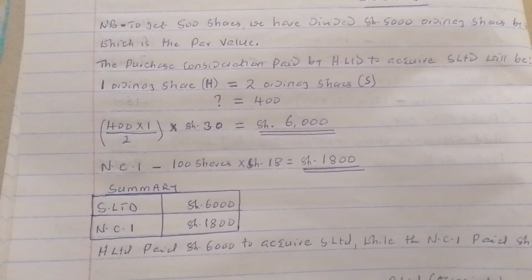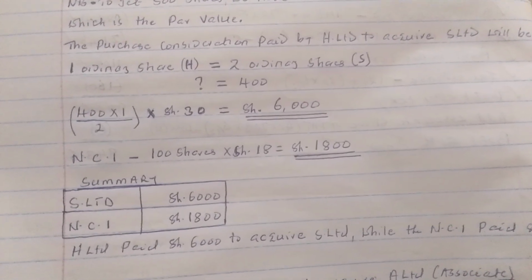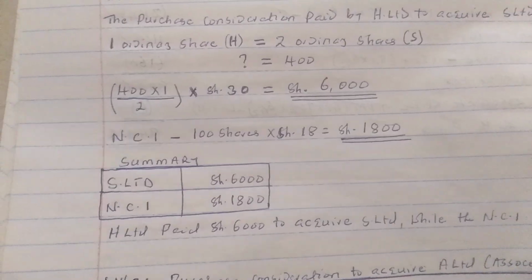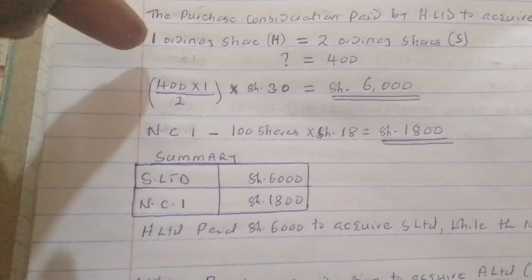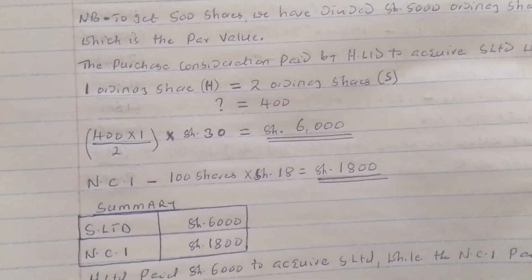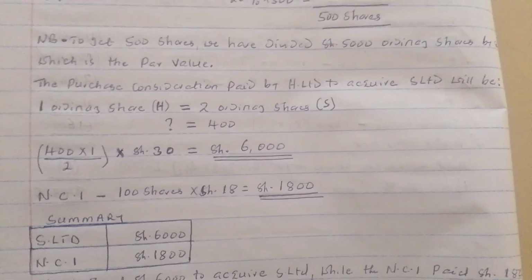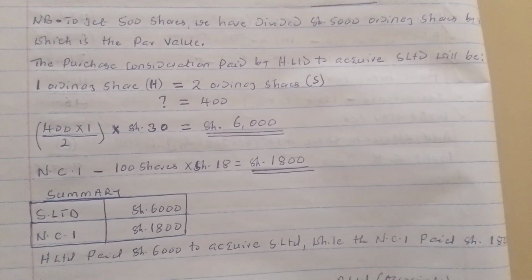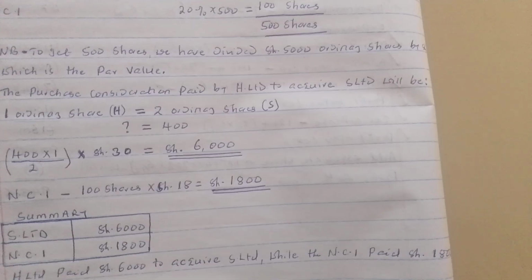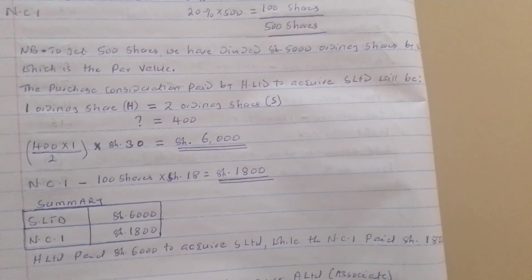Now we want to convert these shares into shillings so that we may see the value in shillings. One ordinary share is exchanged for 2 ordinary shares in S. That's the share exchange agreement; that is what we are told. For every 2 shares in S Limited, we are receiving 1, or the other way around. Then you ask yourself, what about 400 shares? Because 400 shares is what we acquired, 80% of the total 500 shares. If we are exchanging 1 ordinary share in H for every 2 ordinary shares in S,